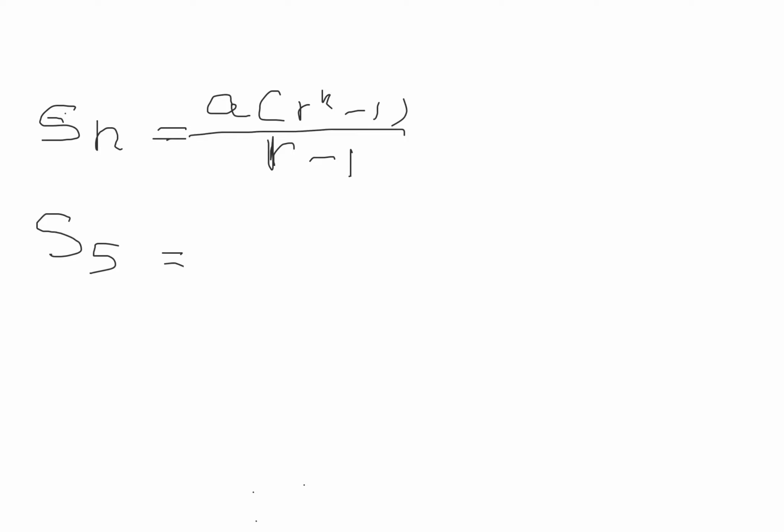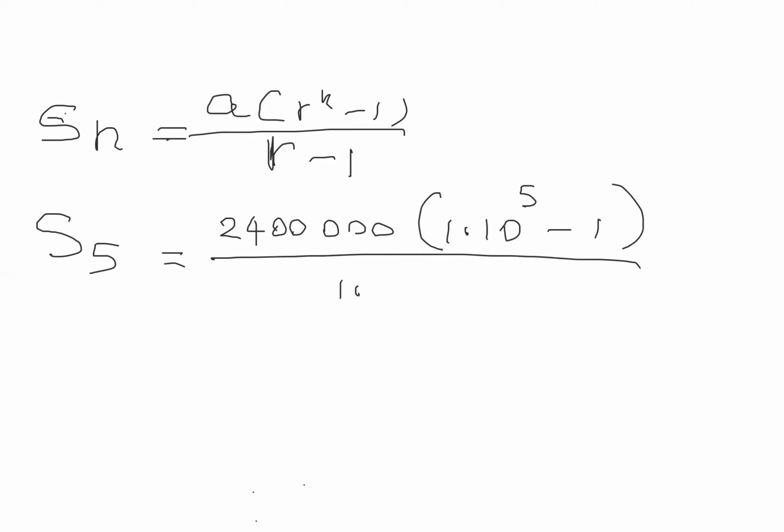S5 is okay, right? So then A means 240000 and R means 1.10, n means 5. You can put in here 5 minus 1, okay, and divided by 1.10 minus 1, right? So sometimes, it is okay, we can accept this value for the S4, and also someone can identify the number of